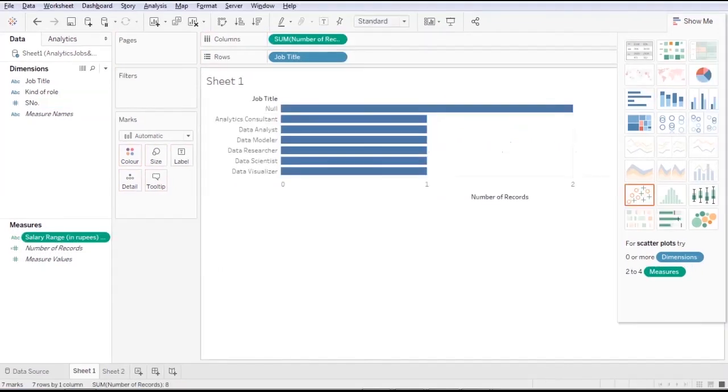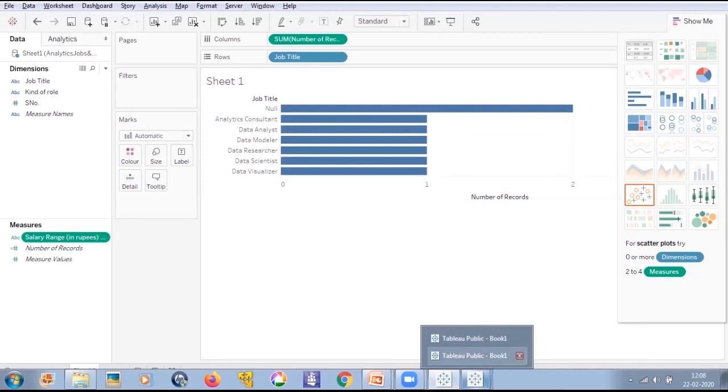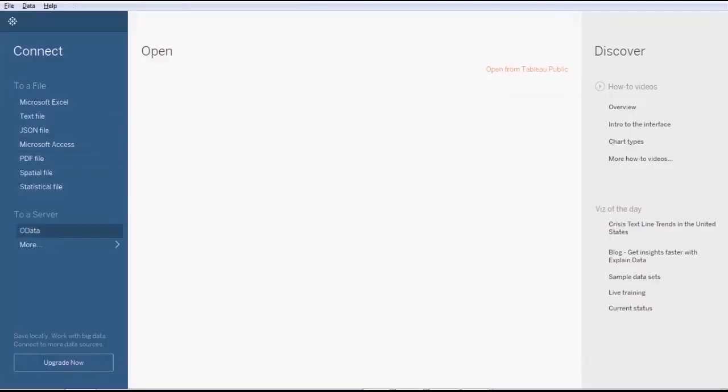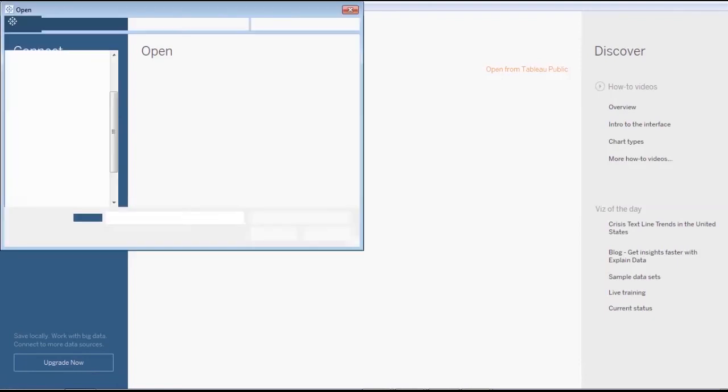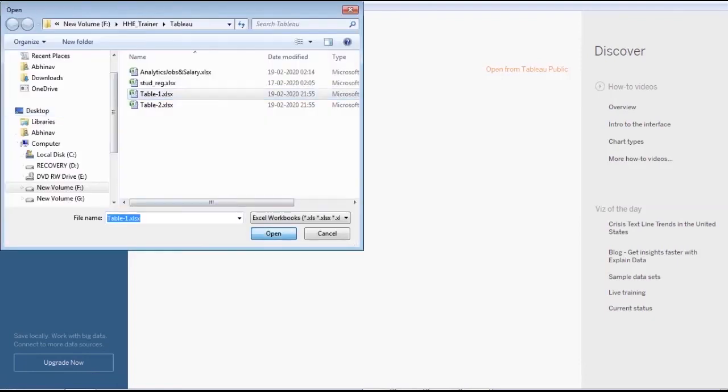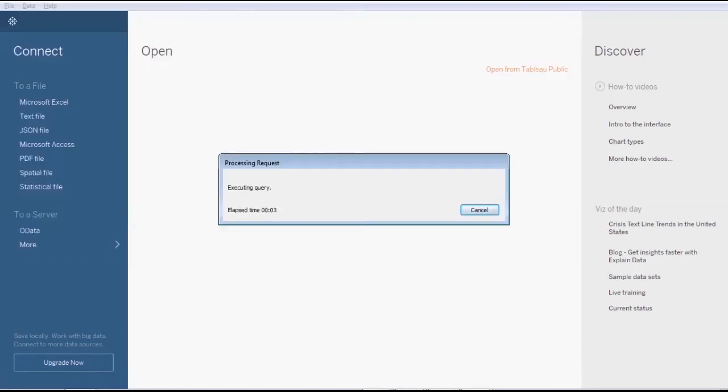Basically, we saw that in this way we can import data into our Tableau Desktop worksheet. Now, similarly, we'll try to import data in our Tableau Public worksheet. In Tableau Public, as compared to Tableau Desktop, you will see a limited number of possible connections. So over here, I'll try to import two Excels, table 1, which contains the data, and then table 2. First, I'm importing table 1, generating a connection with the dataset, and it will import the values of table 1 into the Tableau workbook. This means loading the data.